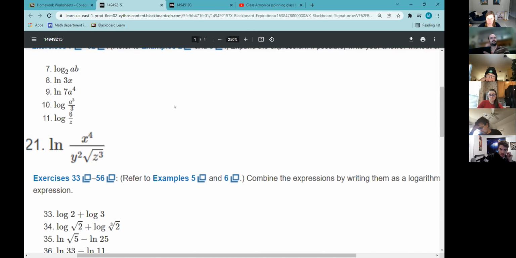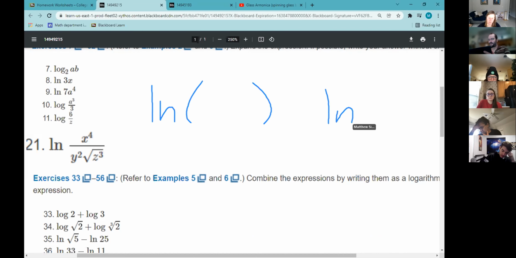Okay, 9. Is that LN or 1N? That's LN. Okay. 7A4. I have no idea. I have no idea what to do here. All right, so what operation do you see in there? What's happening between that 7 and that A to the 4th? Multiplication. And if we have multiplication,